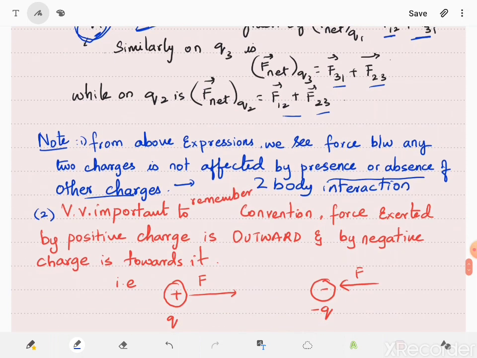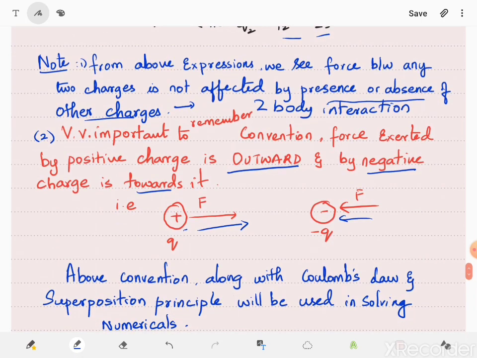Second very, very important concept to remember is a convention. Force exerted by positive charge is outward in nature. This is the direction of force if you take a positive charge. And by negative charge is towards it. It's towards the negative charge. This concept is extremely important. I just cannot overemphasize the fact that this is so important that we will be utilizing this concept throughout in our problem solving journey. Right. So above convention, along with Coulomb's law and superposition